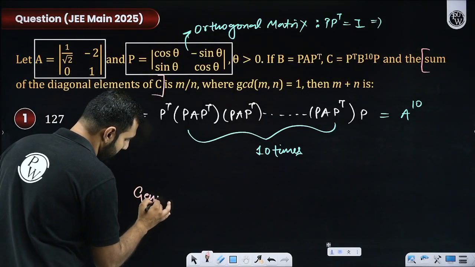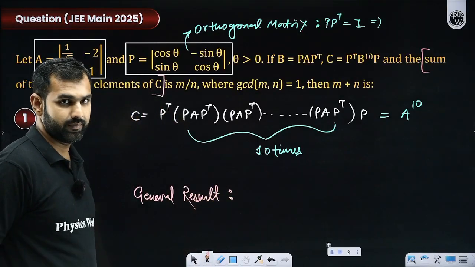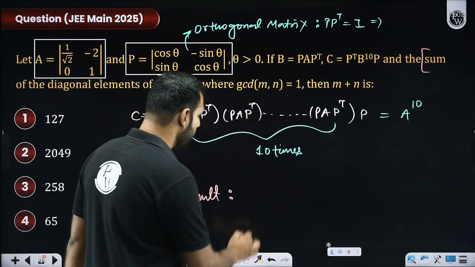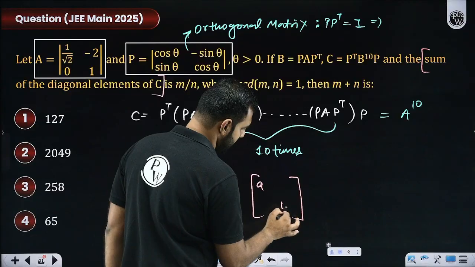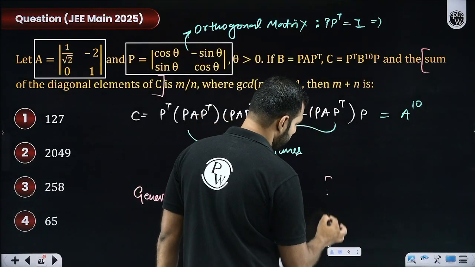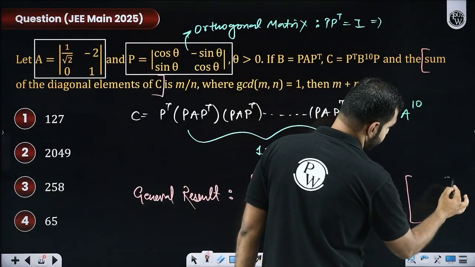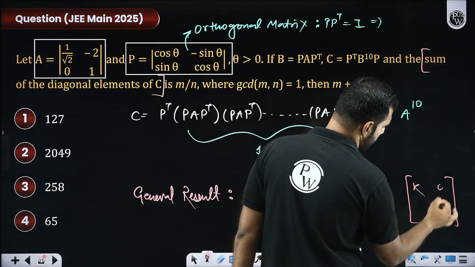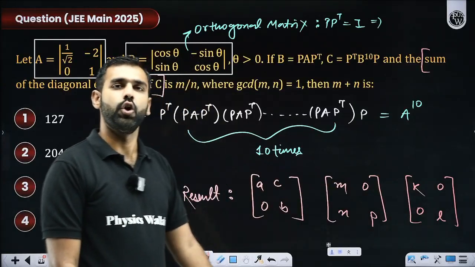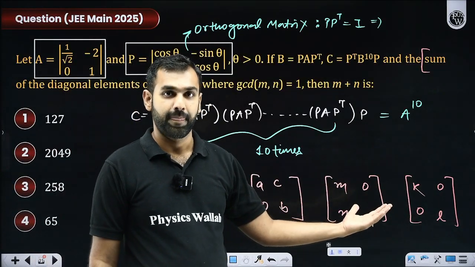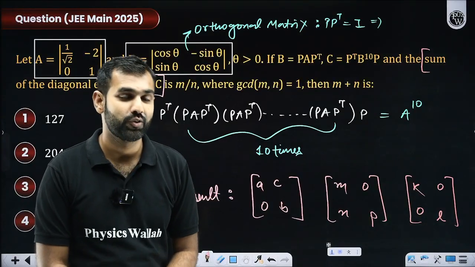If you ever see a triangular matrix, triangular matrix means upper triangular or lower triangular or a diagonal matrix. Let's say this is a matrix A, B, C, but there is a 0 here, upper triangular, or you see M, N, P with a 0 here, or K and L with zeros on non-diagonal elements. Upper triangular, lower triangular, or diagonal: for these matrices, the eigenvalues are always the diagonal elements.